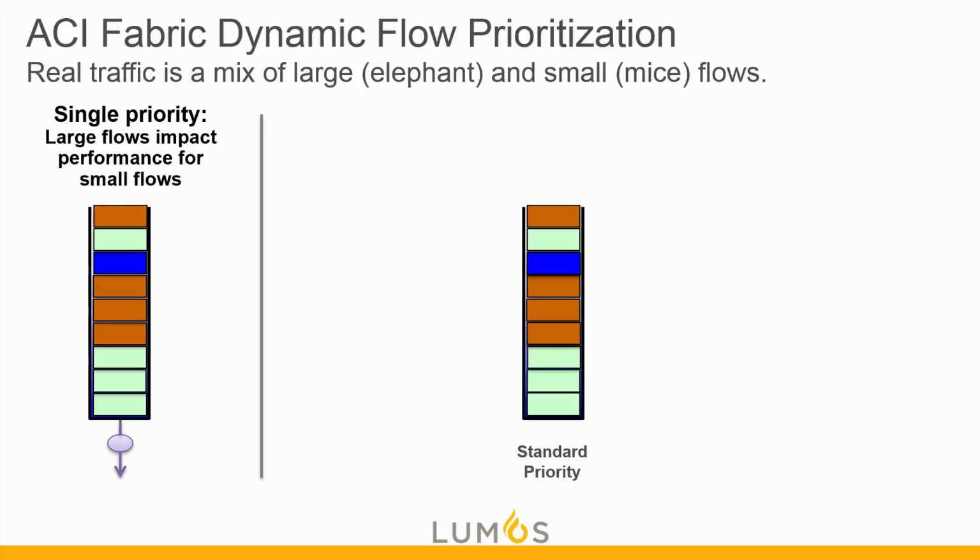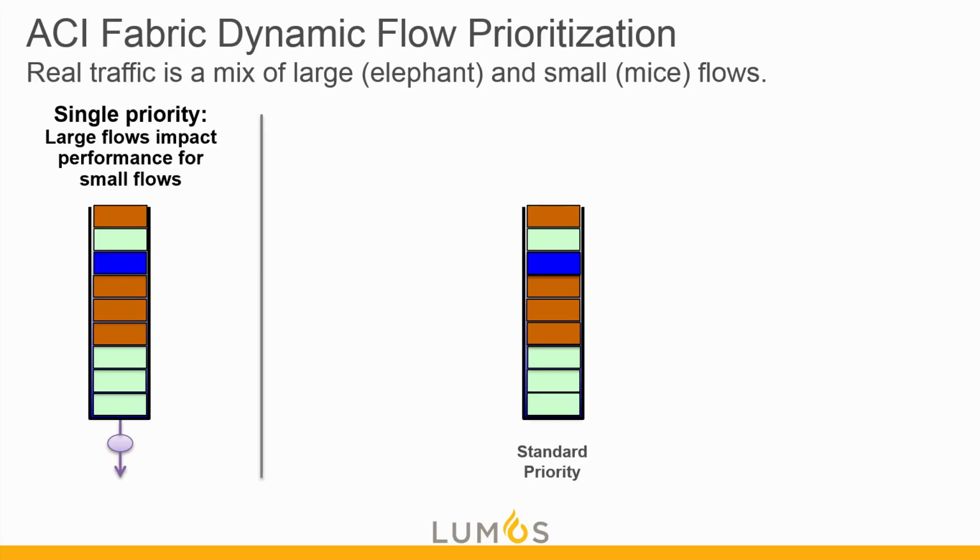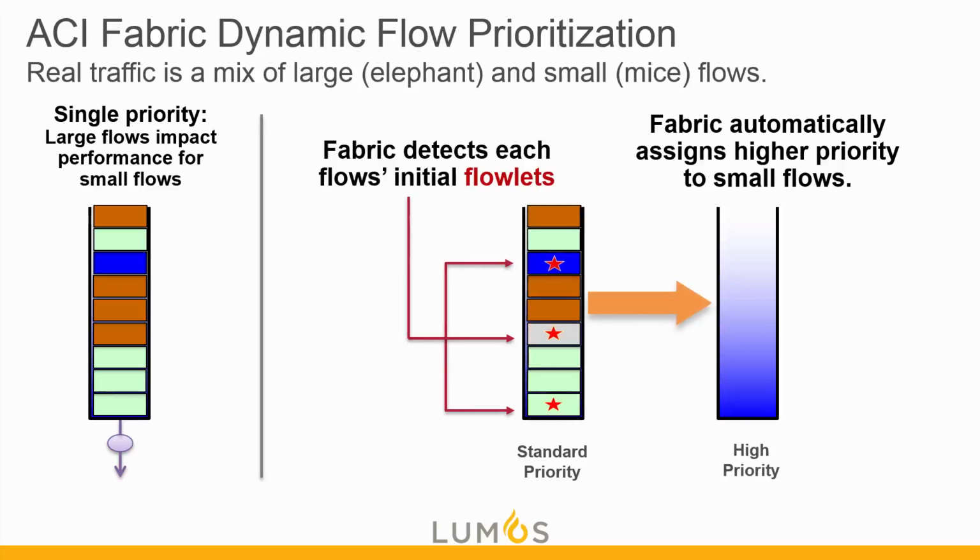So dynamic flow prioritization basically tries to deal with the issue of elephant flows. If we were using flowlet switching, assuming that there's a big enough gap, it would simply break up those elephant flows over equal cost multipath. With flow prioritization, it does something different, and it kind of makes sense when you think about it why they're mutually exclusive. The idea is that it takes this real traffic, which is typically a mixture of large elephant flows and smaller mice flows, and it detects basically flowlets of elephant flows, and it prioritizes the smaller mice flows first